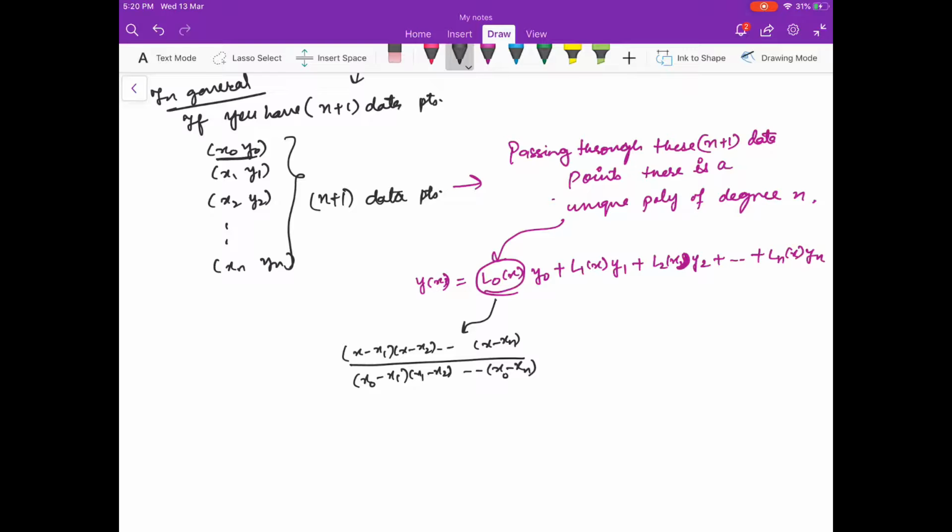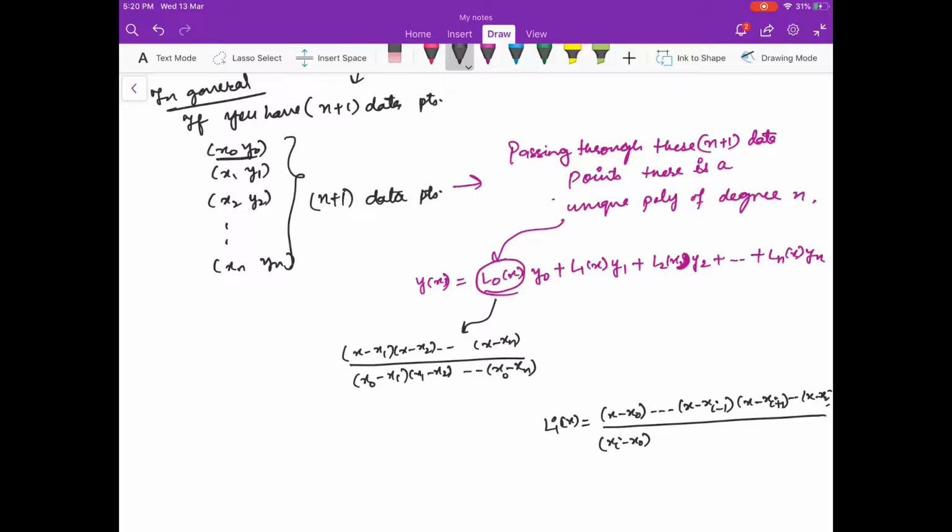And in Li you don't have x minus xi in the numerator, so you have x minus x0, up to x minus xi minus 1, x minus xi plus 1, up to x minus xn, divided by, in the denominator, you replace x with xi, so you